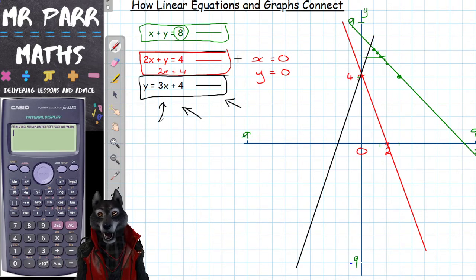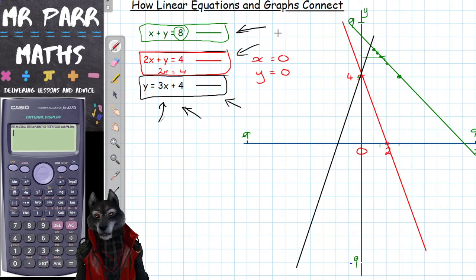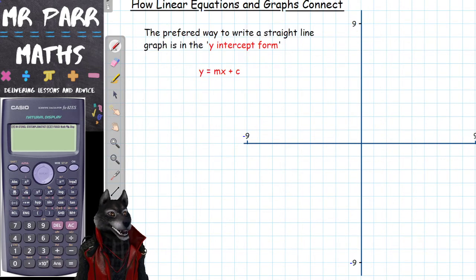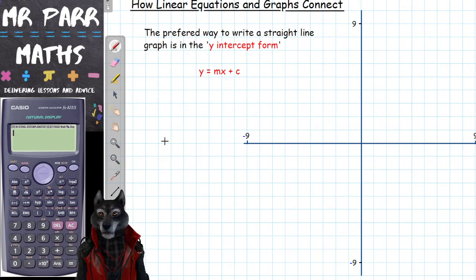It is really easy to plot. When you've got them like this and like this, it can be a bit, well, a bit complicated. It's not an easy way to do it. This for us is by far the best way to write it. And we call this the intercept form. And we say that it's written in the way that we call y equals mx plus c,